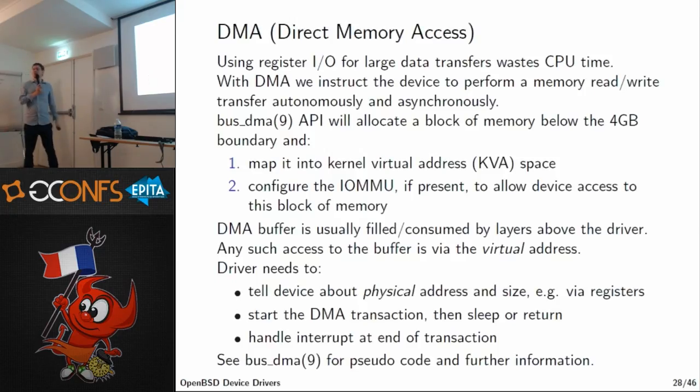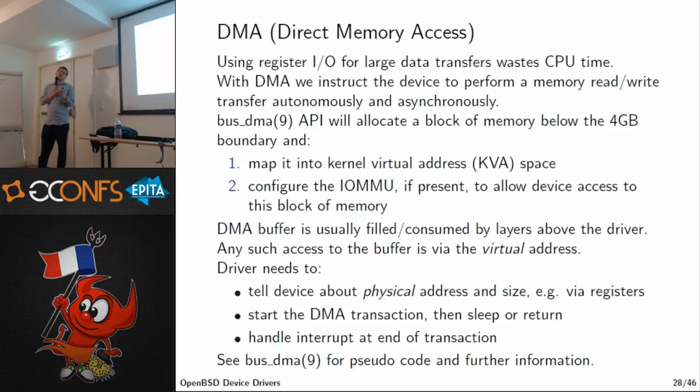So generally, for real input-output, you want to use DMA, because most devices nowadays do that. The way this works is that the device has logic inside which knows how to fetch data from RAM and write back to it, and it operates independently of the CPU. This is called a small DMA controller on the chip on the device, and you have to program that controller with an address and a length, and it will do a read or write to that block of memory depending on configuration. And at the end, it will send an interrupt and say, I've done it, your data is now there.